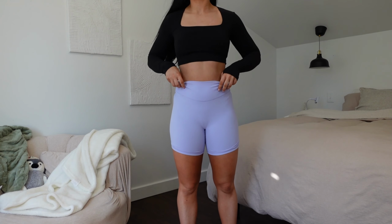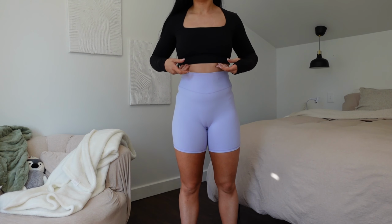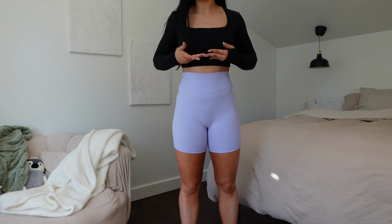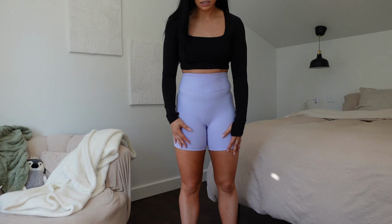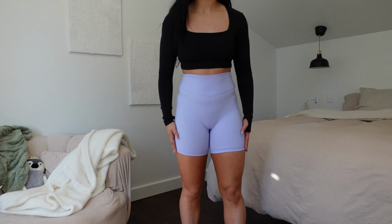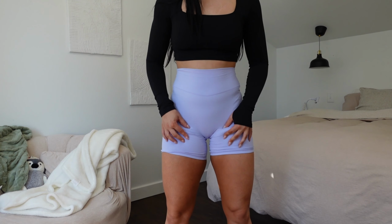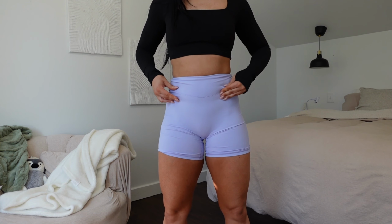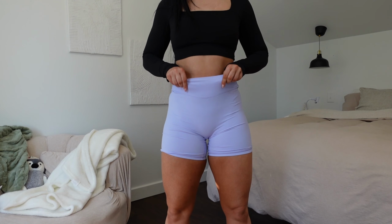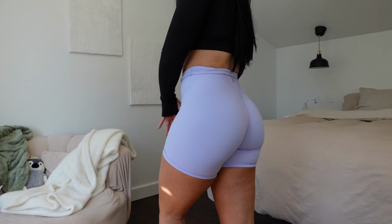These pretty much go all the way up to my waistband on this butter crop, which is right under my chest. So these are very high on me, and once I start moving around and working out, they get a little bit too bunched up for me in this area, meaning that I just have too much fabric. So I would prefer a size small, and as there is little to no compression, you know, you're